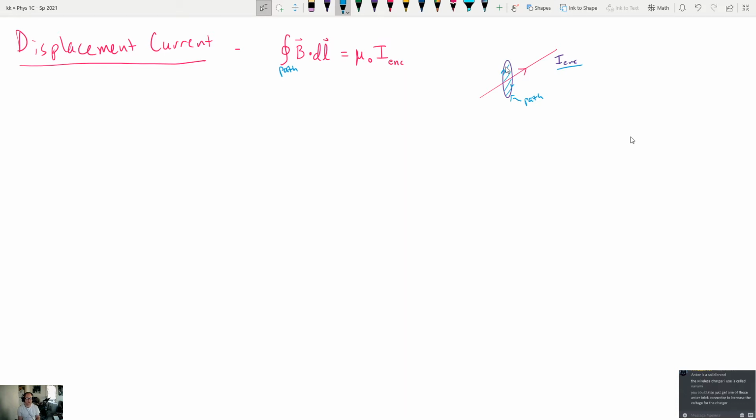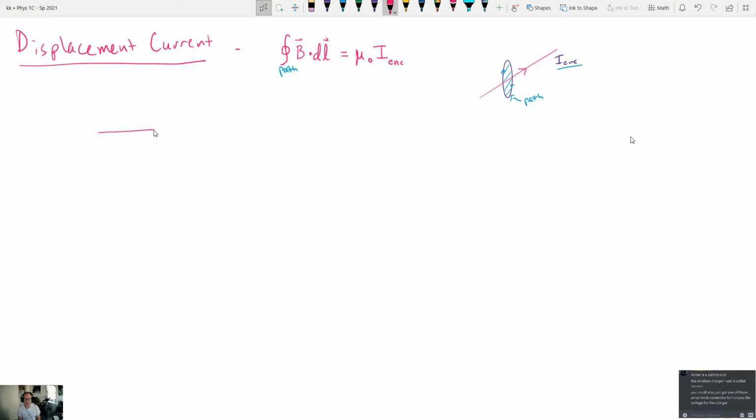But what Maxwell realized is that you don't have to just use this surface. You can use any surface that's bounded by this path, and you can still make Ampere's law work. But there are problems that occur in certain situations, and so he had to come up with a way to deal with those problems. So this is the problem that he figured out. Suppose that I have